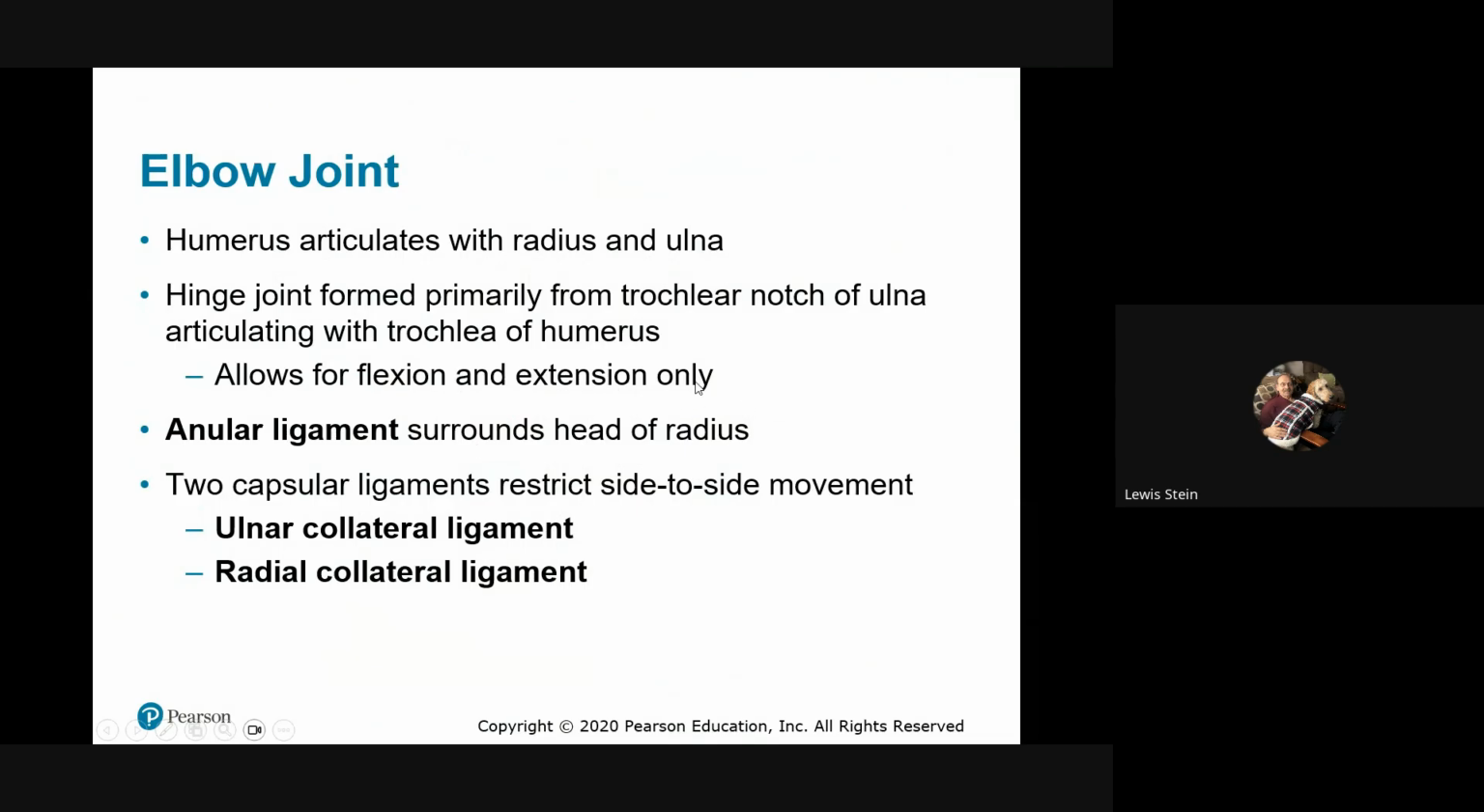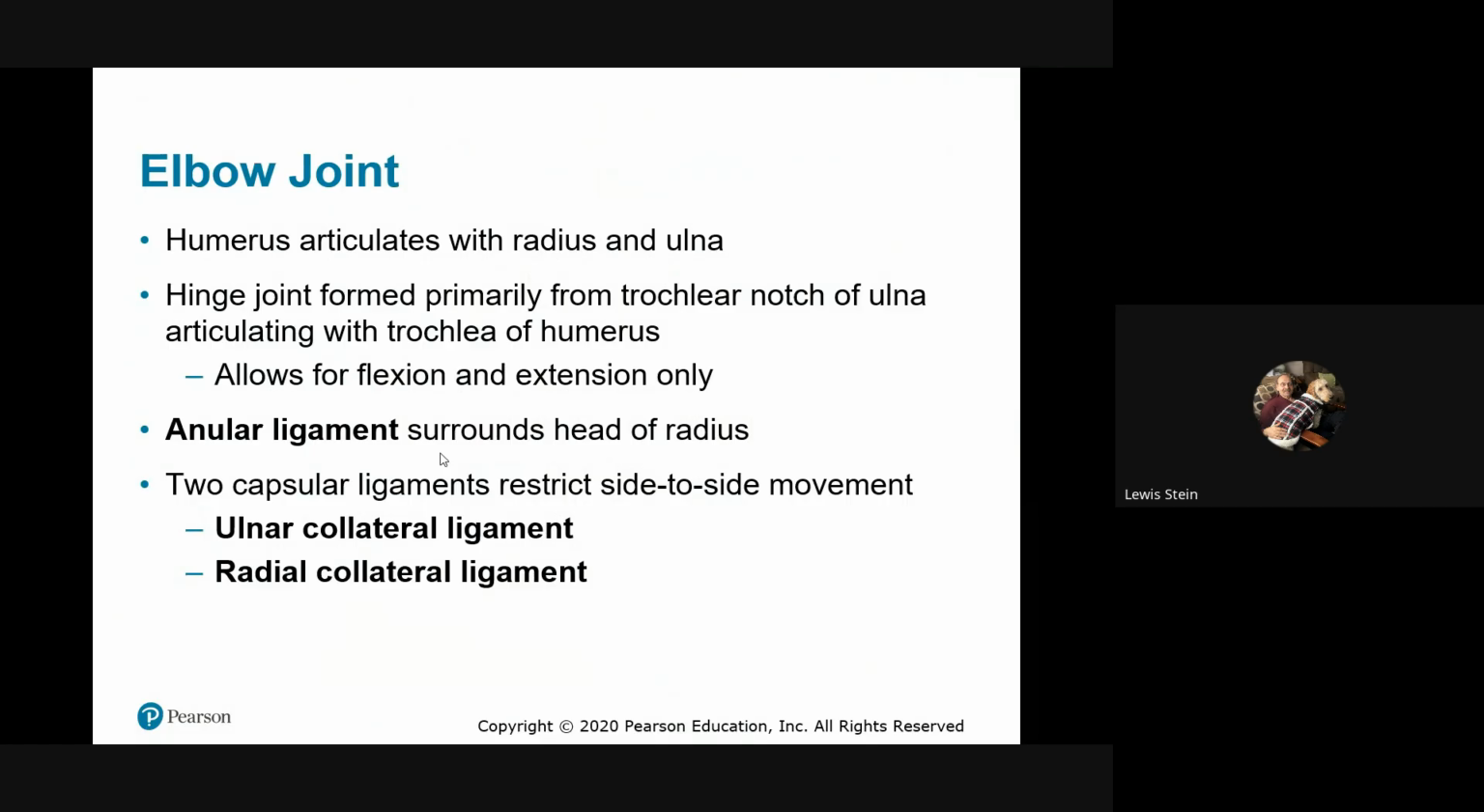So the hinge joint, again: the trochlear notch of the ulna and the trochlea of the humerus. The one you should remember is the trochlear surface of the humerus. Flexion and extension only, because of the way it's constructed. Annular, A-N-U-L-A-R, means around. And there's more than one annular ligament. That's the one that surrounds the head of the radius and keeps it in contact for pronation and supination